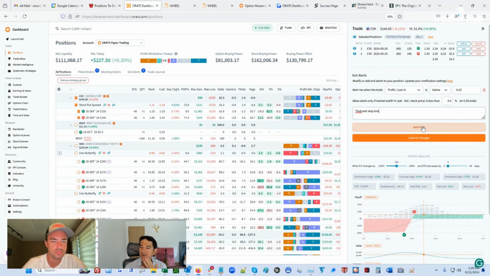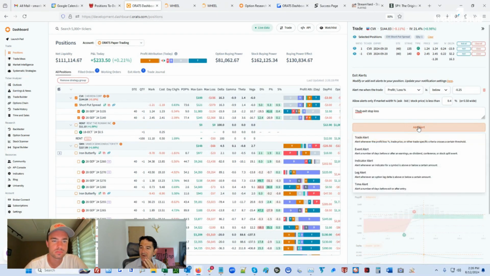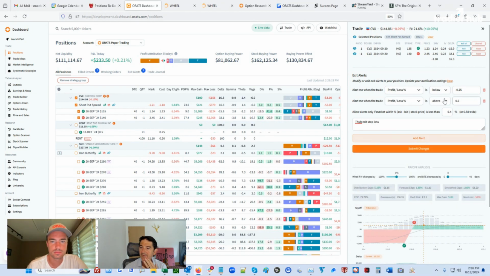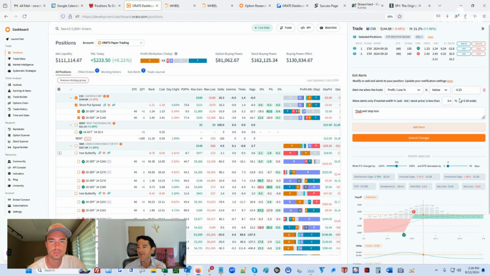Again, the way that we did it, we just said add alert, and it was a trade alert, and we set the profit loss below. This would be a profit loss if we made 50%. And then I made the market a little bit wider, because sometimes if it moves off of that, right now we're looking at a